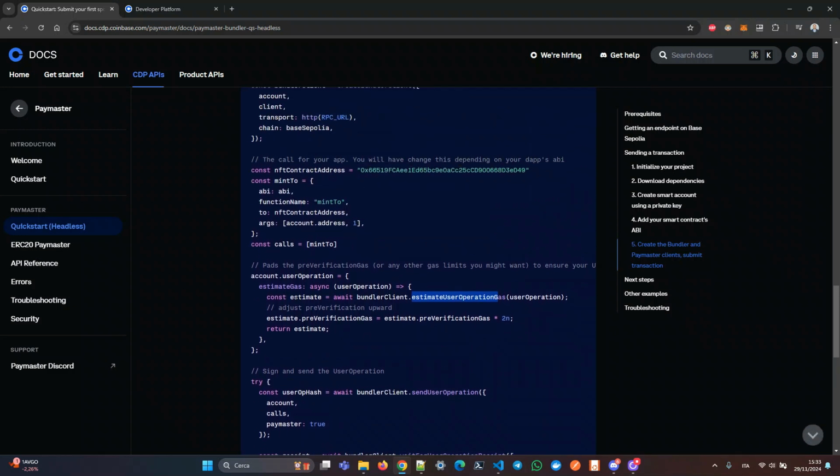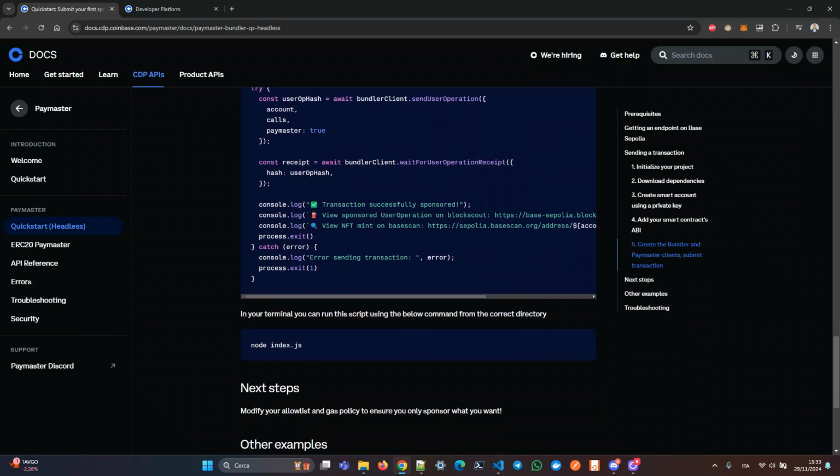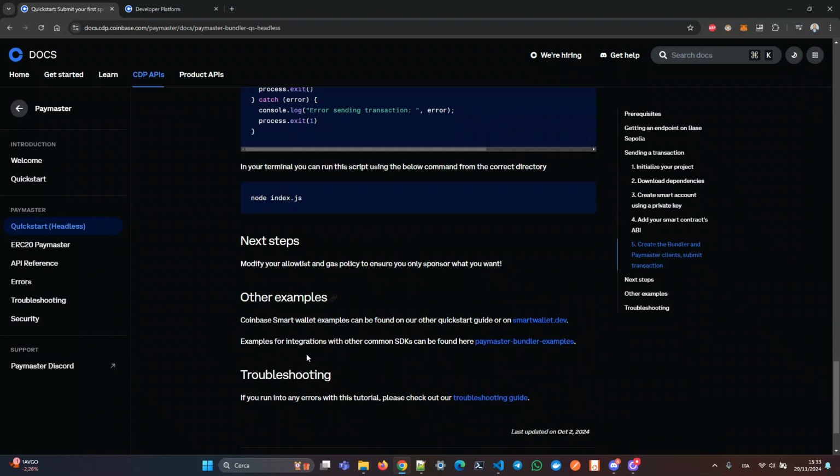But in my opinion, this code is more complex than these other examples that there are here,